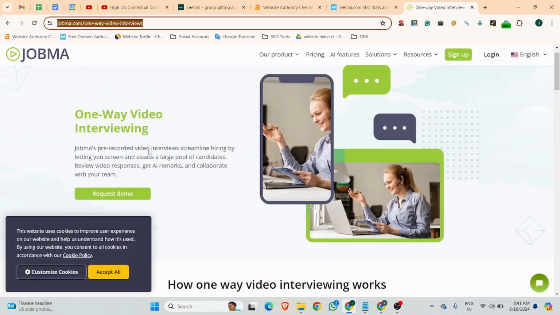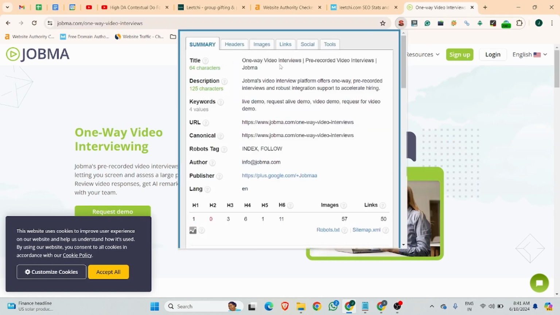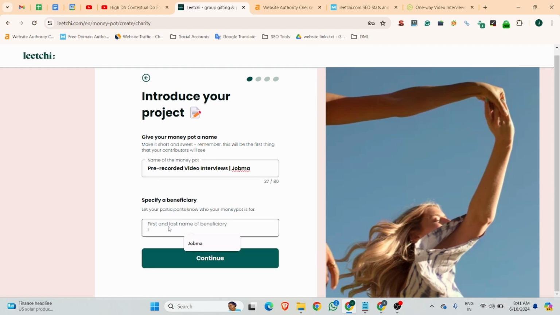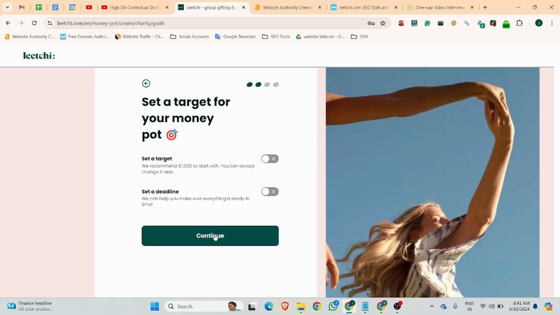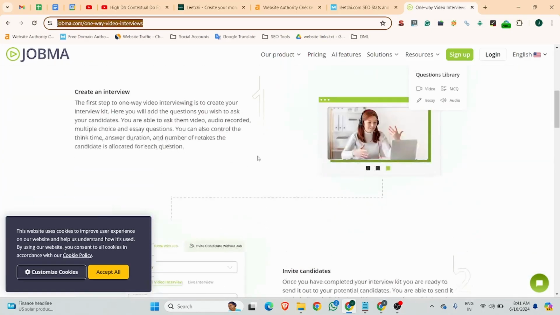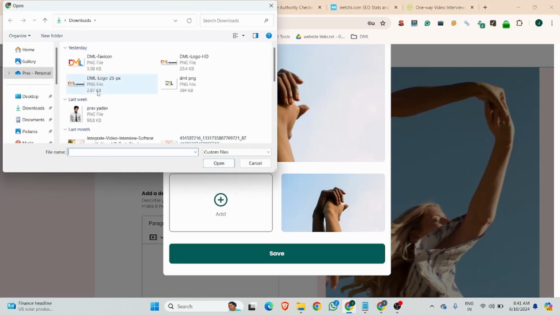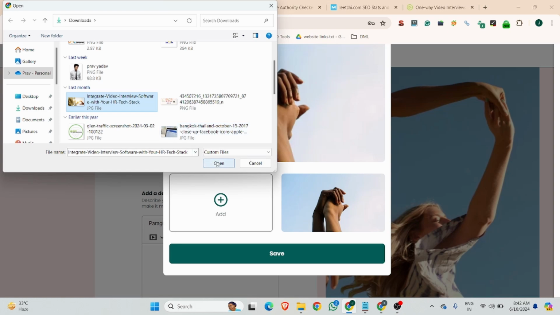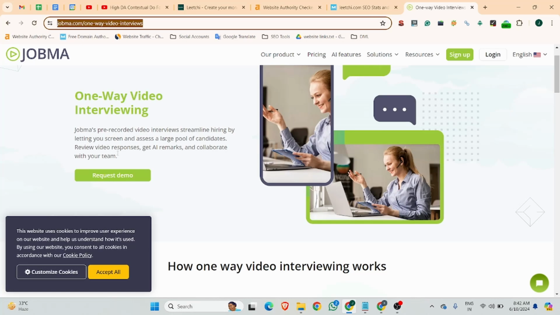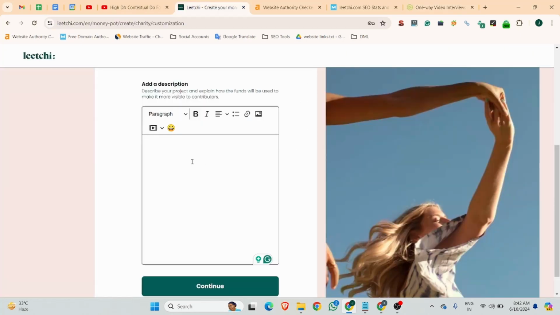So the title is one-way video interview, pre-recorded video interviews. So this is my title, and the last thing is the brand name. There you can click set a target audience, then upload a picture. I don't think I have a picture related to this, but let me select this and click. You can add a short description about this bookmarking.